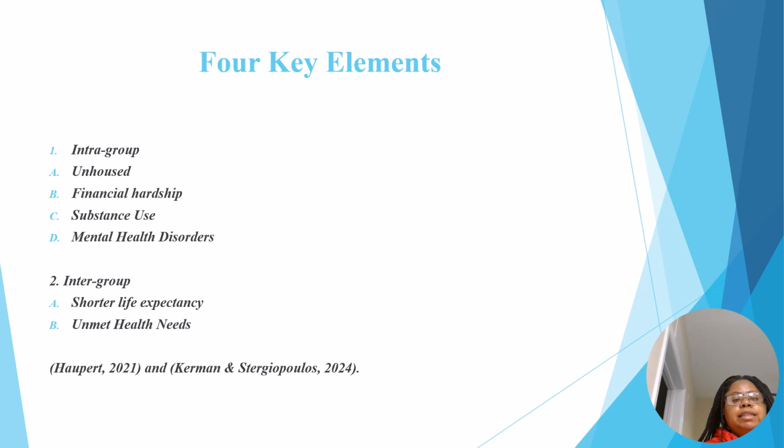Inter-group characteristics are those shared by other cultural groups, or the differences between the group that you're studying and others. For example, I was studying homelessness, so when I looked at intergroup characteristics,